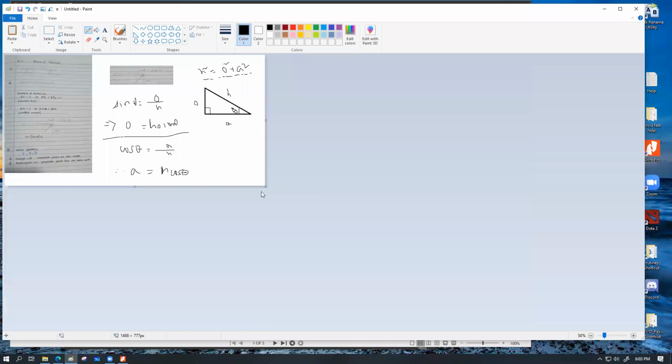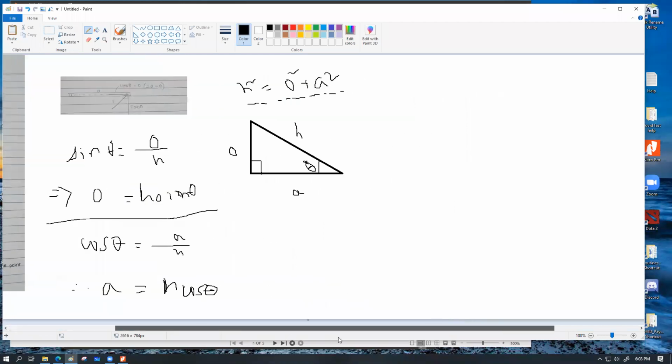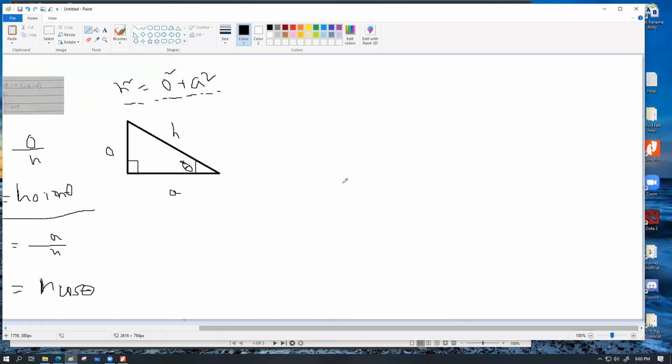Do you guys remember how to measure moment from your O level syllabus? I mean, what is the definition of moment? Anyone remember this? How do you define moment? Force into perpendicular distance from the pivot. Beautiful. Force into perpendicular distance from the pivot. Now, one of the things I would like to take your attention to, which you might as well come